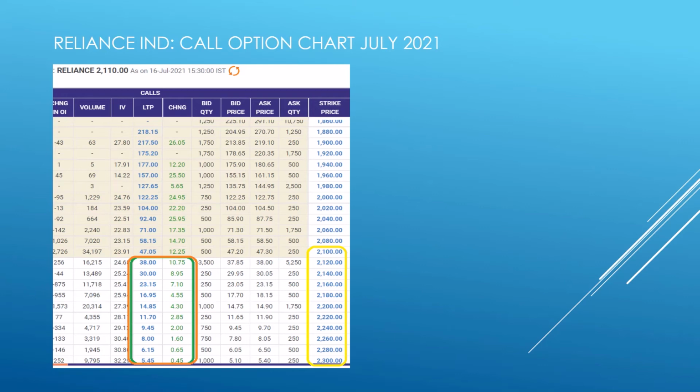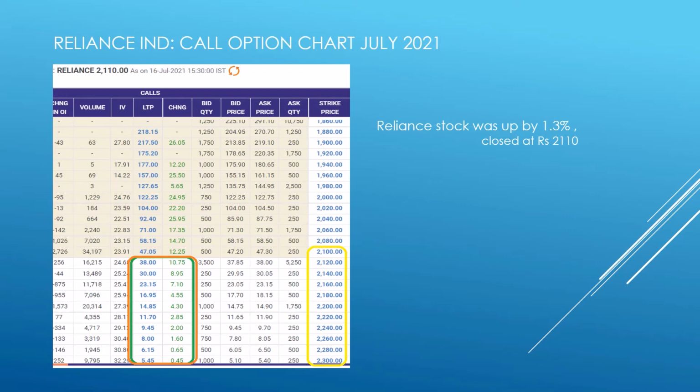That's because the probability that this particular level will be reached by the end of the contract is very less. As the strike price goes on increasing, the probability of that price being reached becomes less and less. In fact, we don't really expect Reliance Industries stock price to go up by 15-20% in 1 month. That's not really feasible.